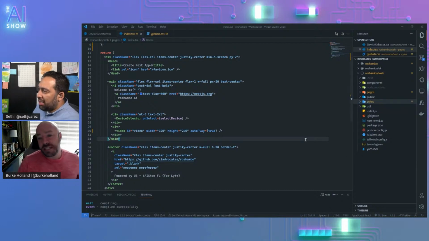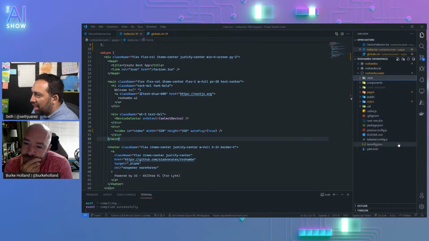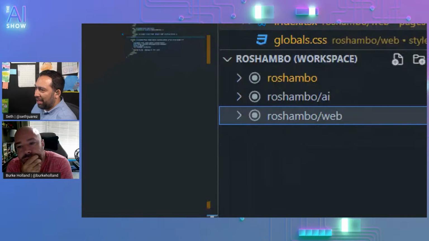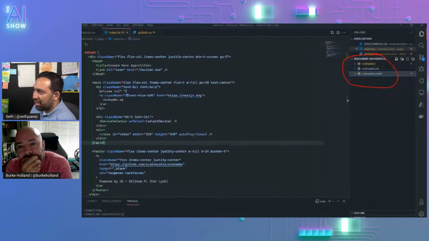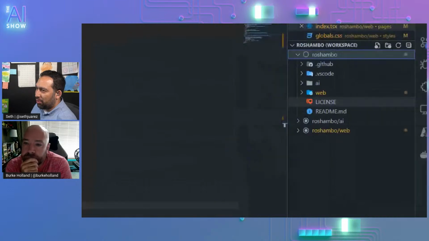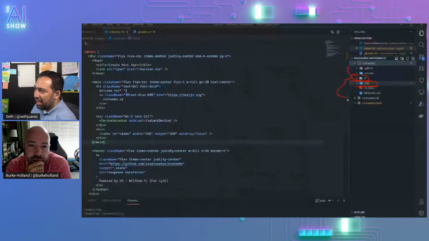Anyways, so the idea is I want to publish this out. I decided to make this into a GitHub workspace, or sorry, a Visual Studio Code workspace to separate things out. So the whole thing is the actual full project, right? It has the web bits and it has the AI bits. And then in the GitHub bits,